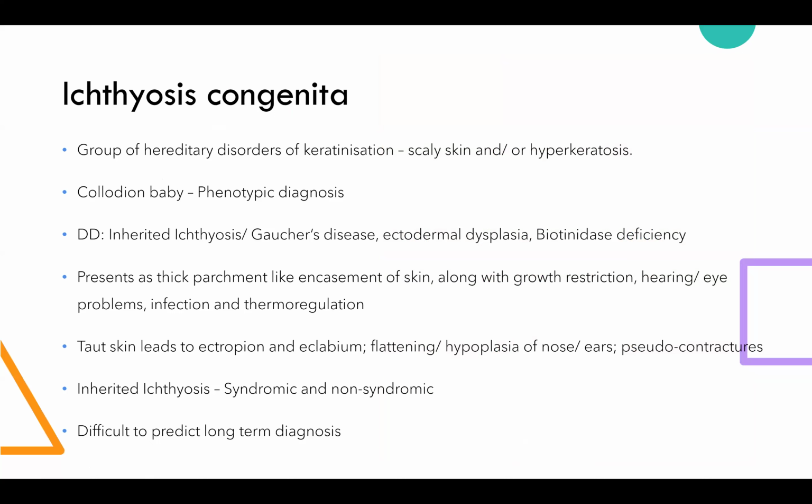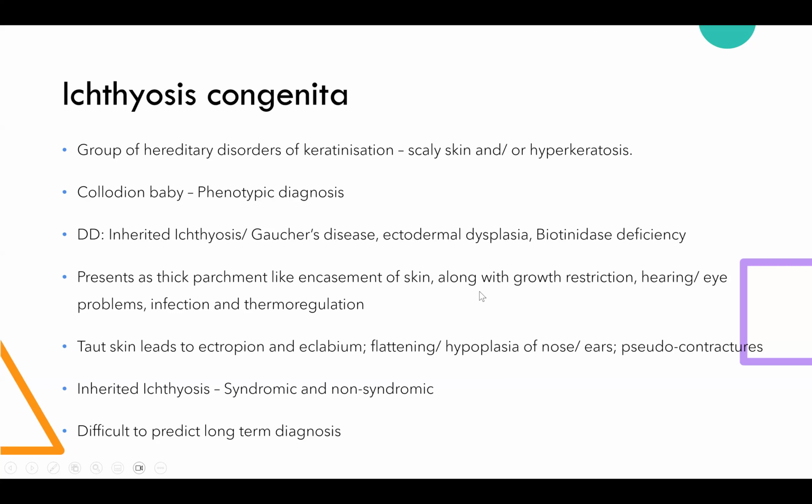It can be very mild, which we can encounter in a postnatal ward or in a well baby, or it can be severe with high risk of mortality. So this is a symptomatic, actually a phenotypic, diagnosis. However, the underlying differential diagnosis can be wide. It can be inherited ichthyosis, a type of neonatal dermatosis, or it can be Gaucher's disease, a metabolic disease, ectodermal dysplasia, or vitamin deficiency. Down syndrome can also cause a colloidal membrane, and it can present as thick parchment-like encasement